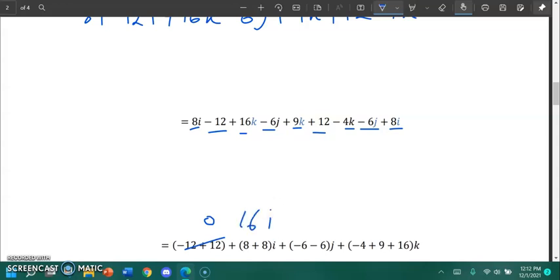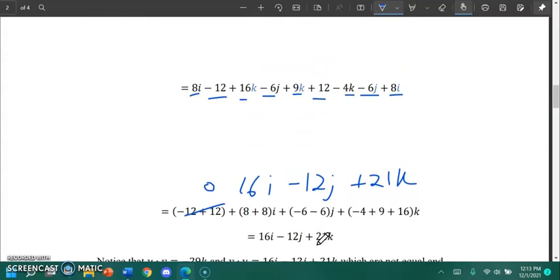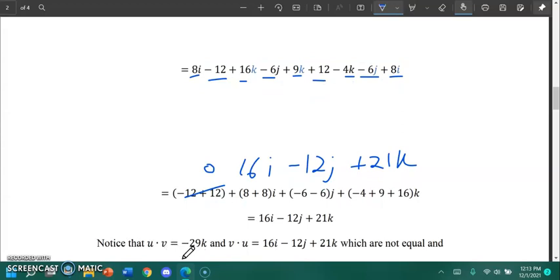Simply just by doing the first term, we know that it's not going to be the same as u times v that we did earlier. But let me continue. Negative 6 and negative 6 equals negative 12j. And negative 4 plus 9 plus 16 is all equal to positive 21k. Notice here we have three terms, and if I scroll down, we can see it clearer. Notice that u times v equals negative 29k, and v times u is 16i minus 12j plus 21k, which are